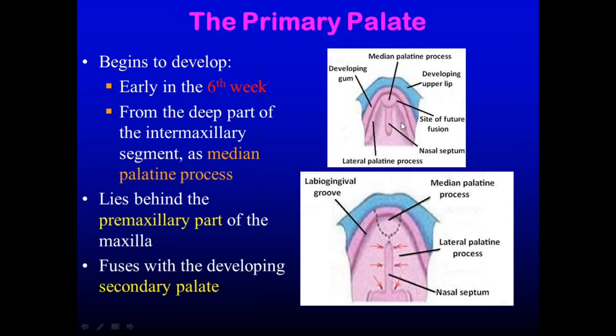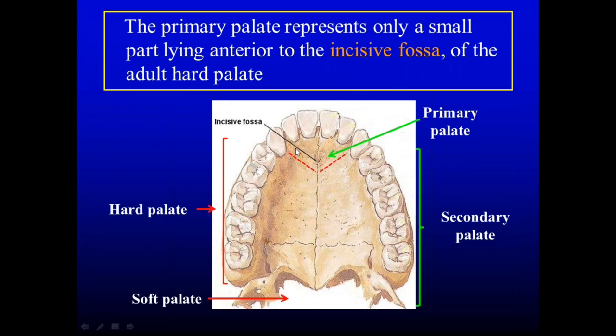This is the nasal septum. The palate is separating the nose from the mouth, from the oral cavity. Now this is a palate. This is the primitive palate, which is formed from the intermaxillary segment or median palatine process. This is the hard palate formed from the lateral palatine prominences or projections from the maxillary bone. And this is the posterior one-third, which is formed from the palatine bones by its horizontal plates.